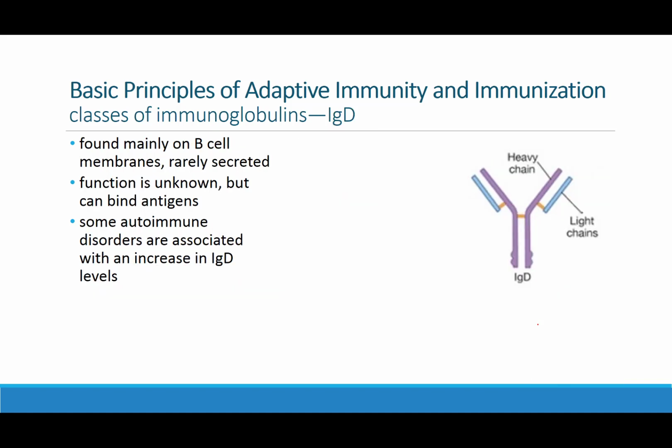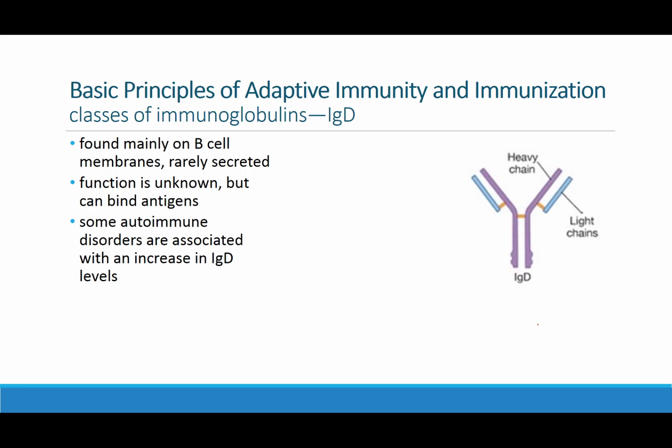And then the last group is IgD. They're found mainly on the B cell membranes. They're rarely secreted. And while they can bind antigens, we don't know a lot about what their function is. But we do know that it's associated with immune disorders or autoimmune disorders when we develop immunity against self cells, because some of those autoimmune disorders are associated with an increase in IgD levels. So stay tuned. There's more to be understood about what IgD